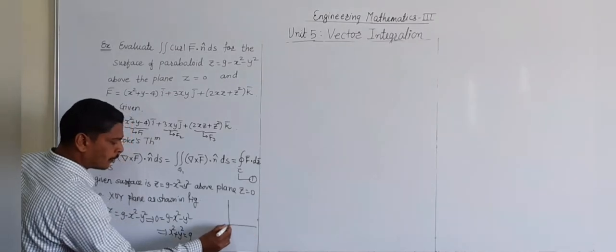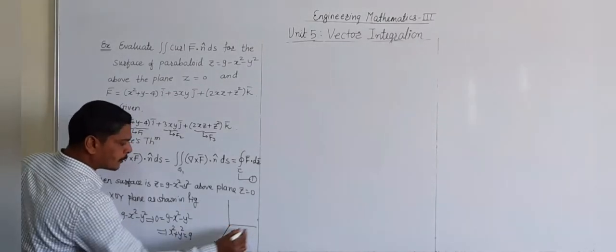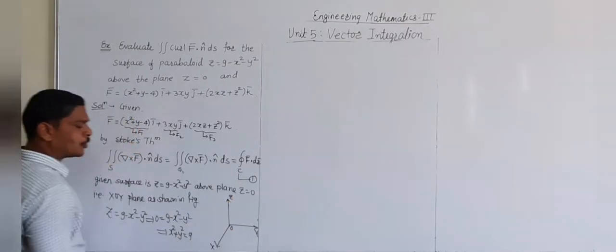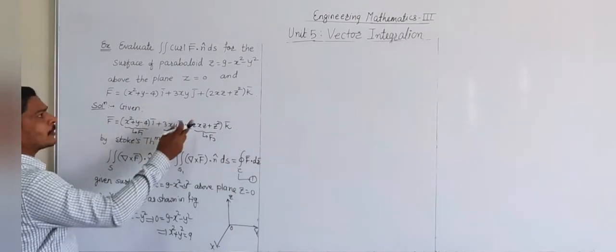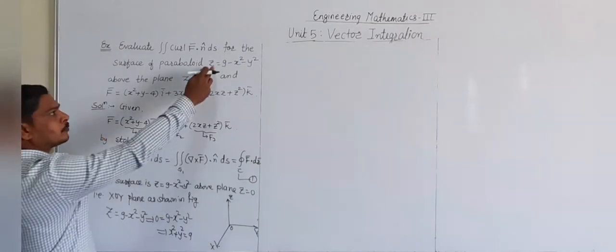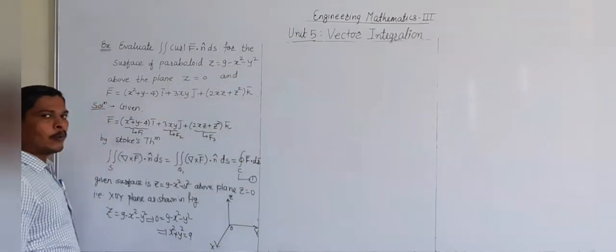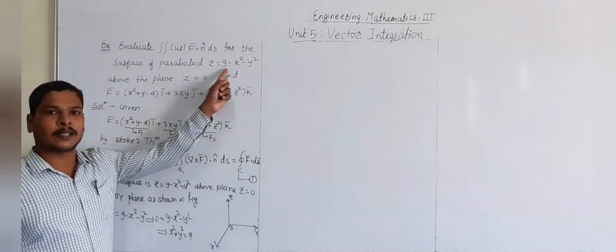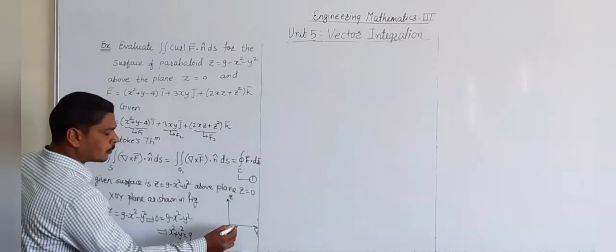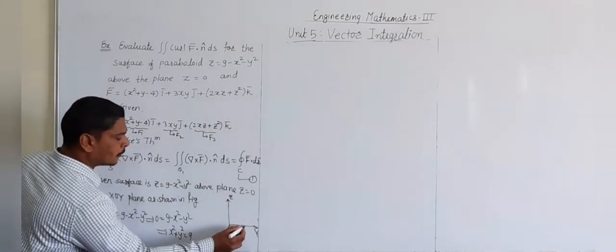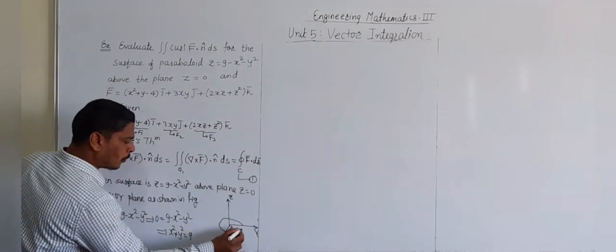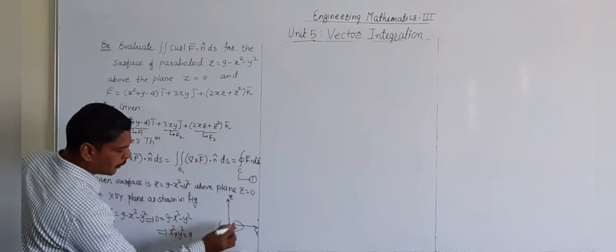So this is our small diagram of the paraboloid. So this is the x-axis, this is our y-axis, and this is our z-axis. Okay, this is our origin O, and z is equal to 0 plane means this xy plane. Okay, so for the paraboloid z is equal to 9 minus x square minus y square, an arbitrary constant is present. That means this paraboloid does not pass through the origin. So our diagram will look like this. So this is the base on the xy plane of our paraboloid.